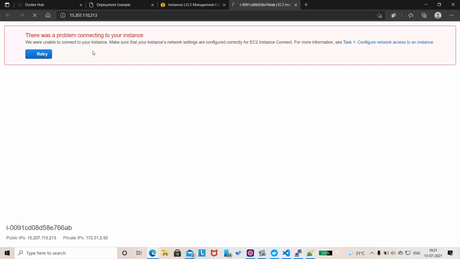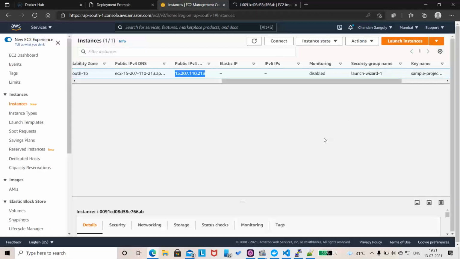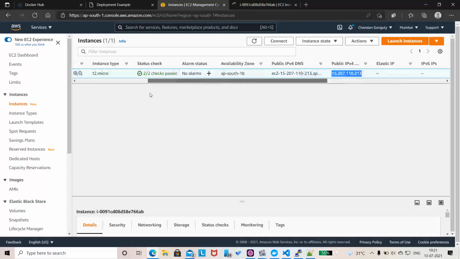Here it will not show because what we did was we only allowed an SSH connection. So we need to allow for this instance